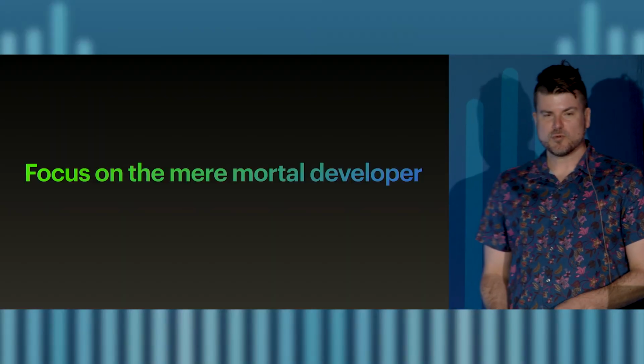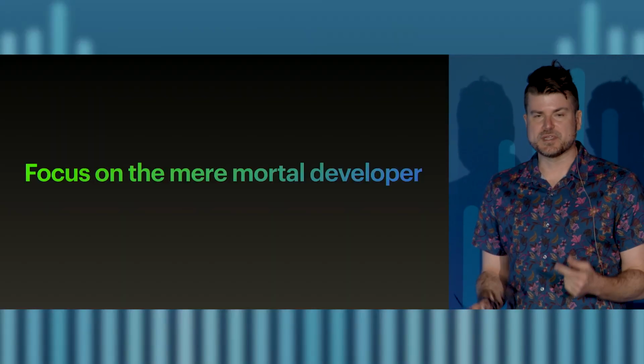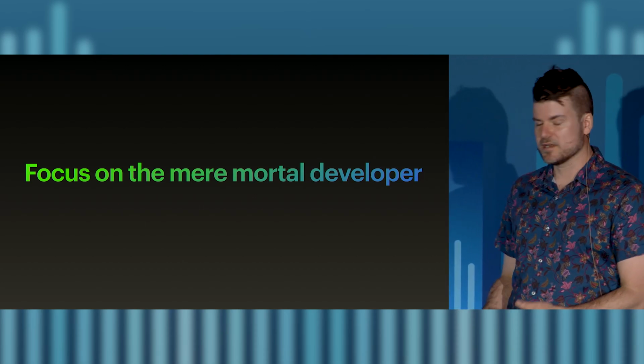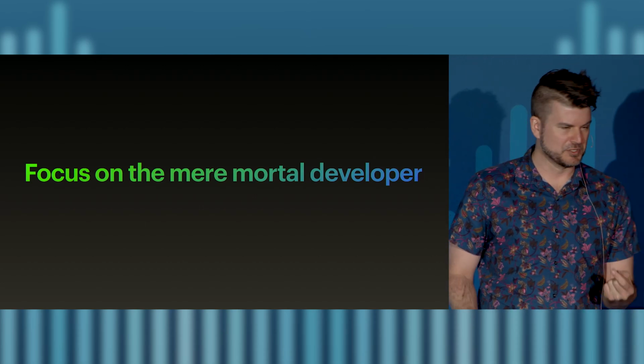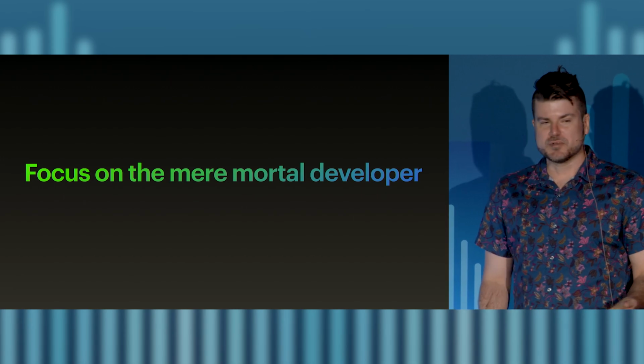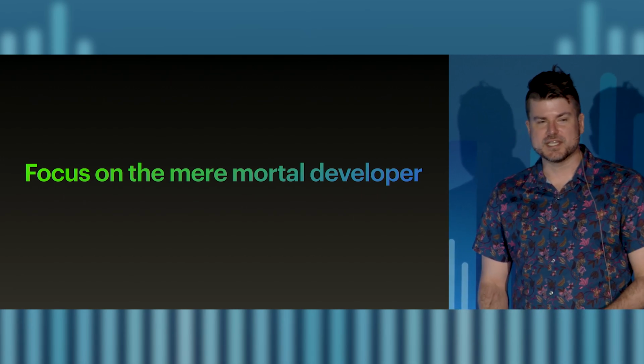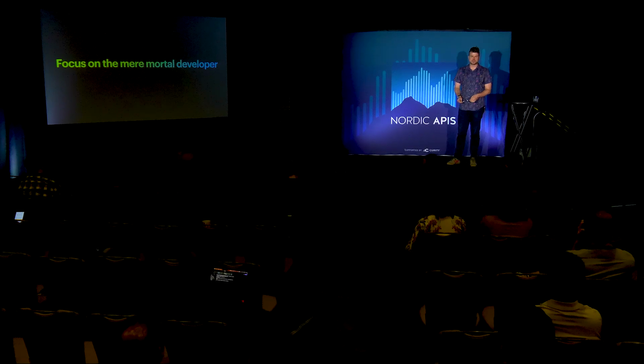And I won't enumerate those here. If you do happen to be interested in using AI in DevRel, I have a blog post right there that you can check out. But one of the key aspects of that post was really this: focus on the mere mortal developer. Sure, if we end up with AI features in our API, of course we'll try to help developers build on those, right? That's what we do. But at the same time, developers are out there today integrating our APIs, and there are also all these AI models and services out there as well, and they're already going to be working on using those, most likely. They're experimenting already.